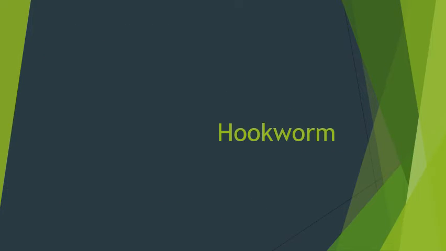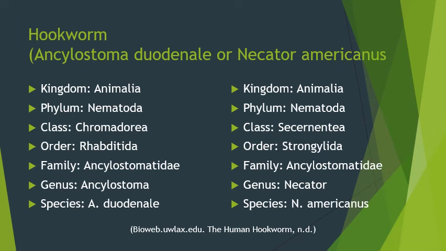Hookworm. Hookworms are intestinal blood-feeding roundworm parasites that cause infection in humans. Hookworm infections are caused by two main species belonging to the genera Ancylostoma and Necator. Intestinal hookworm disease in humans is caused by the Ancylostoma genus